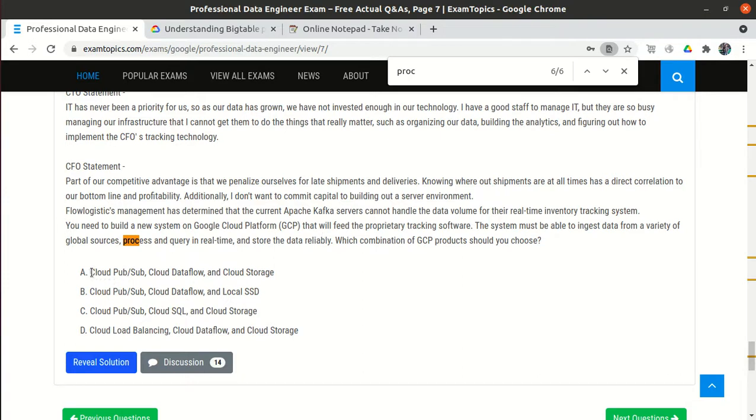So we have a different option given. They asked what combination of products would we use to do all this. Our main thing is we need to do the real-time processing, we need to store the data, and we have to migrate our existing Apache Kafka.